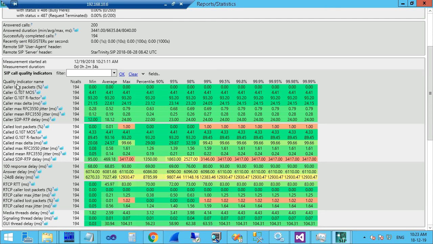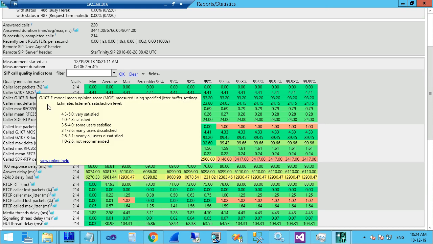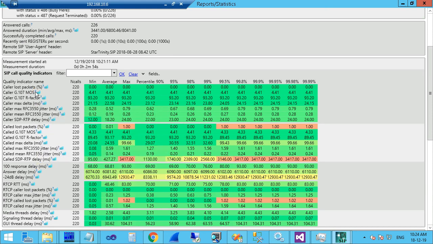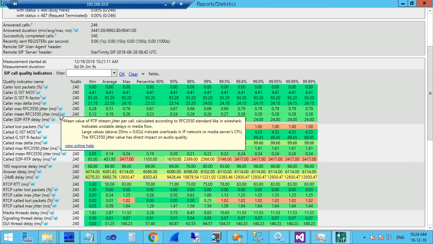Callers, I talked about callers and calls and RTP streams in previous sessions. MOS score, it is this MOS score G.107. It is calculated based on network jitter and loss, not on actual audio quality. Okay. And it's not a very good indicator when the network